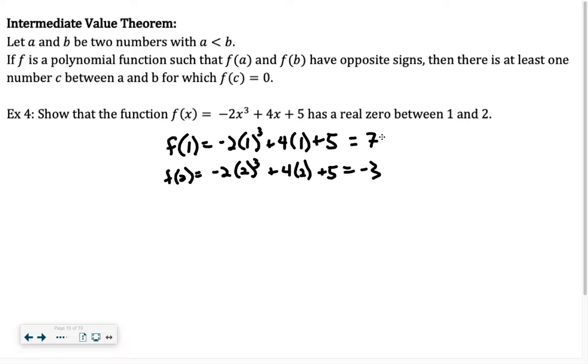So what we're saying is that since these have opposite signs, the point (1, 7) and the point (2, -3) are on this graph, right? Visually, we're saying (1, 7) is on the graph and (2, -3). I have no idea what this graph is going to do in between these 2 points, but I know that no matter what, it's going to have to cross the x-axis somewhere to get from this point to this point. I don't know where that occurs, but I know for sure it's going to happen somewhere between 1 and 2, right? Now, in the book, you are going to be asked to